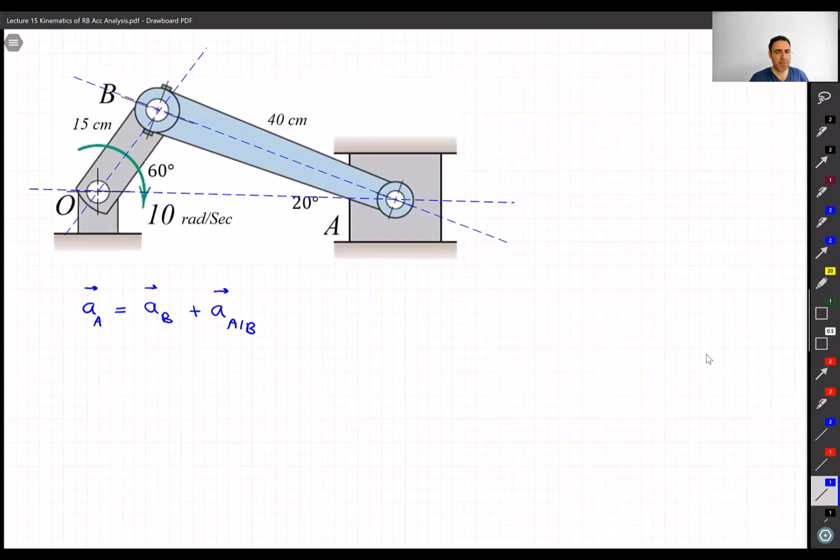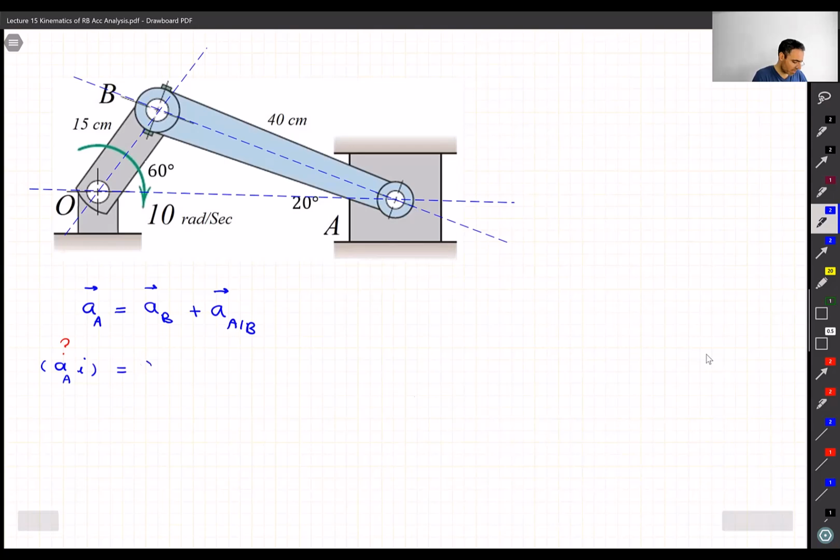So this is the same setup that we had. So A, we know that is moving on a straight line. So it doesn't have J. Simply, it is AA, which we don't know the value, but we know it is I. We don't know if it is positive or negative. We assume it's positive and we just show it AA I. And we don't know the value. It might be 10, it might be 5, I, or whatever, is equal to